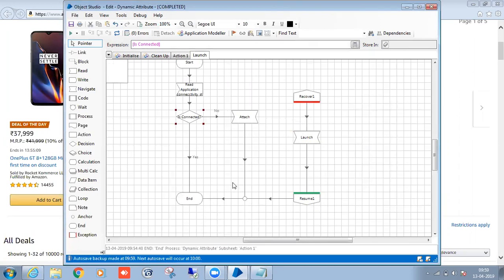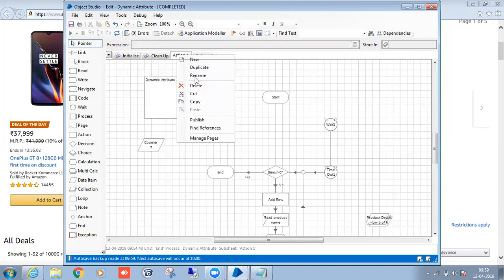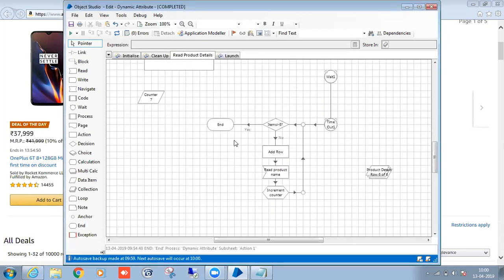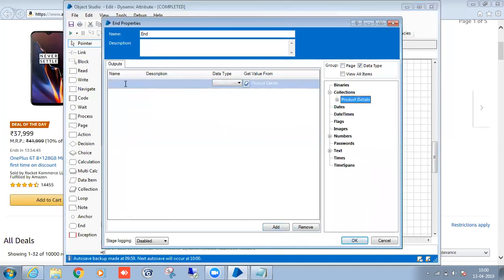Publish it. Network details. And at the end of the process, I need to send the collection to my process. So that's why I'm creating the collection. Output parameters.